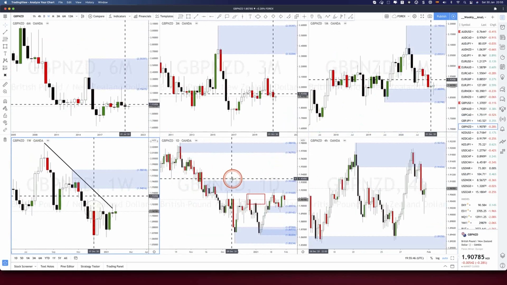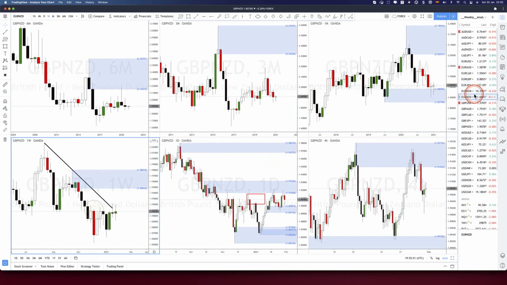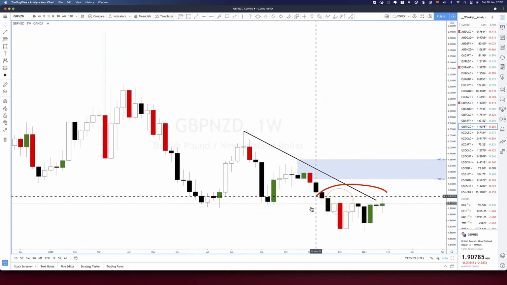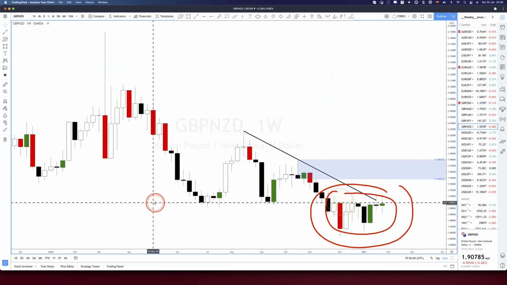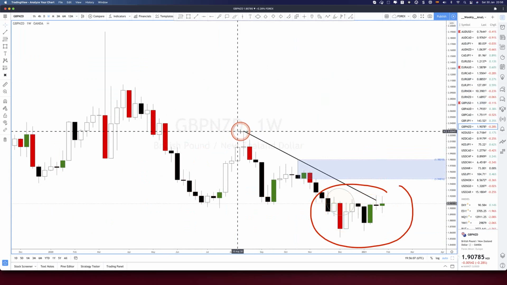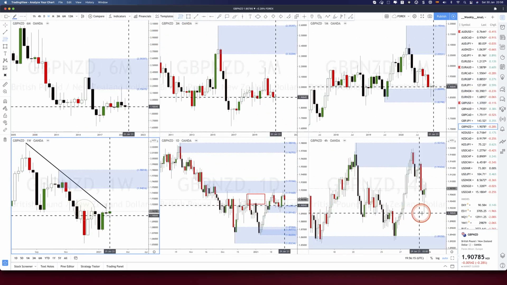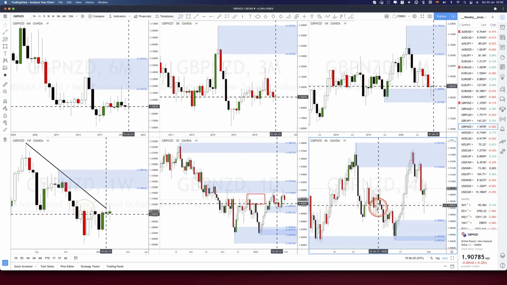Pound Kiwi. Monthly area of demand in control, very similar scenario on the Euro Kiwi with the monthly area of demand in control. So look at the price action on the weekly. Really poor. It is at balance. Bearish and bullish impulses are not able to consolidate away. What to do? Nothing. I mean, obviously you can go to the lower time frames and try to go long and near demand and all that, but it's a very tricky scenario. That's an area of demand because there was a peak here, there, trend line broken, near demand.